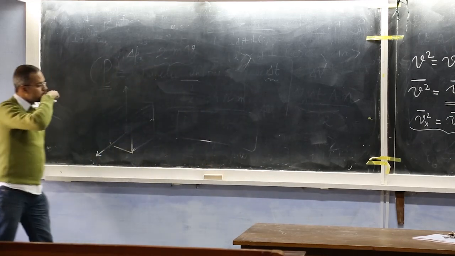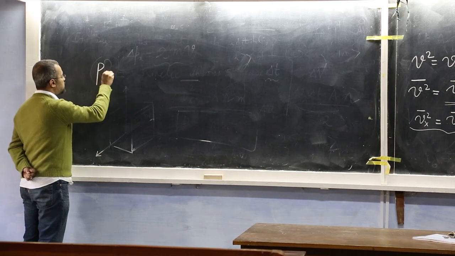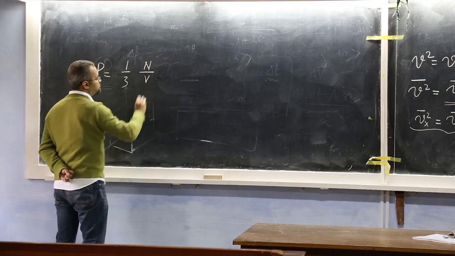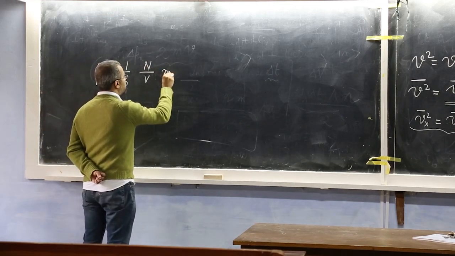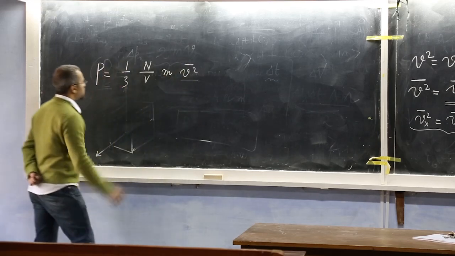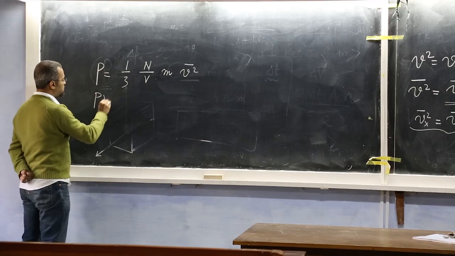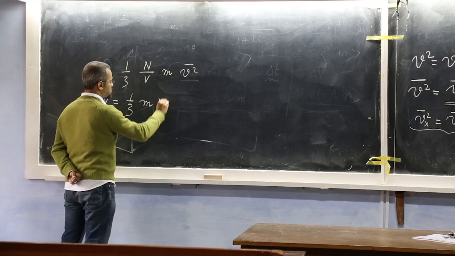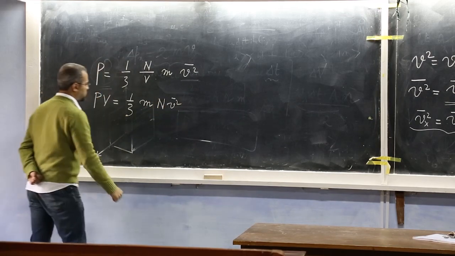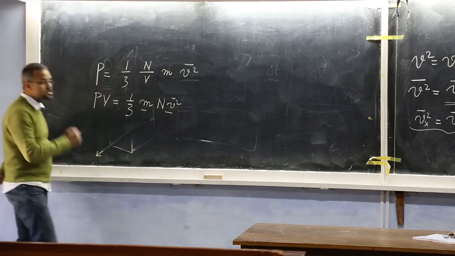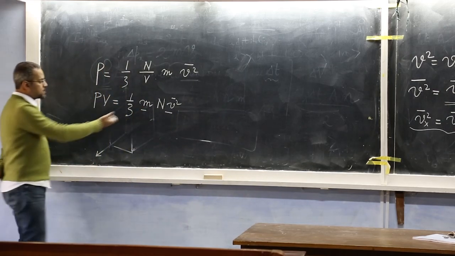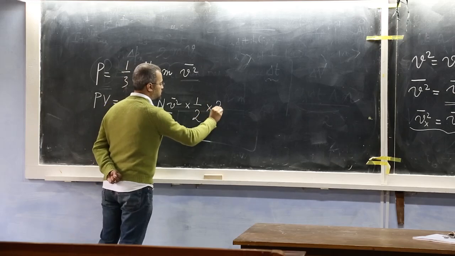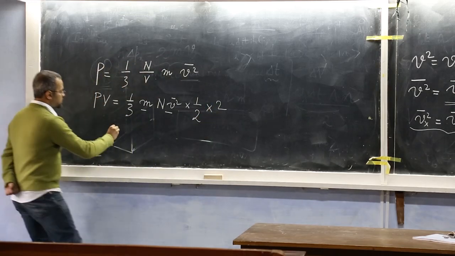Now if I just try to study this expression, we have P and we can write this little n as N by V, then there is m and there is v square average. So if I take this V to the right hand side, we have PV equals 1/3 m N v square bar. Now this mv square reminds us of the kinetic energy, but that would require an additional factor of half, so we multiply this by a factor of half and then compensate it by a 2,